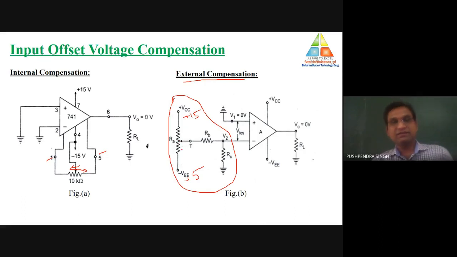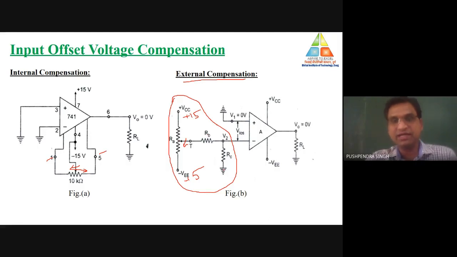So at the start, when it is at the center, it is basically connected to ground. The voltage is 0. Suppose the total offset voltage, or the total error voltage, is generated as positive. When the error voltage is positive, we need to move the wiper towards the negative side. When we move the wiper towards the negative side, we may compensate the output. And if the total generated output voltage is negative, we need to move the wiper towards the positive side. Also, it will depend on these input voltages. So this is the basic idea.